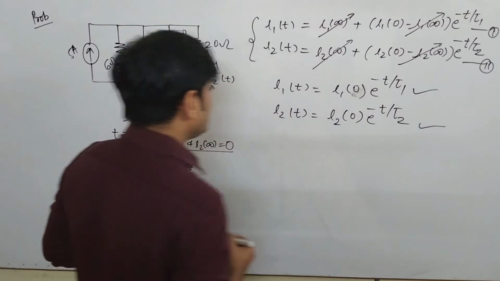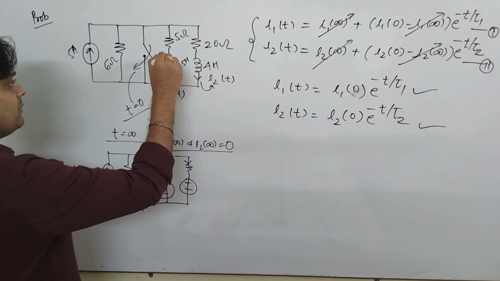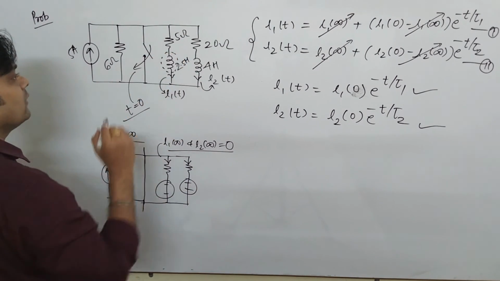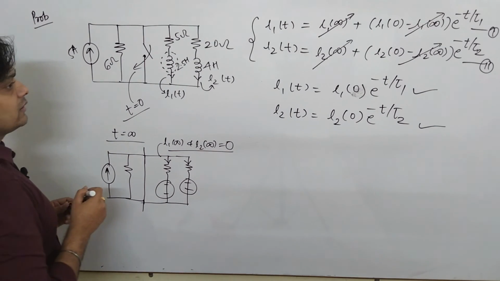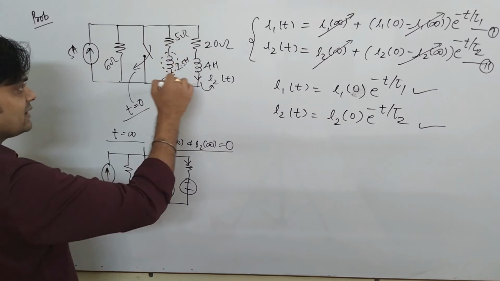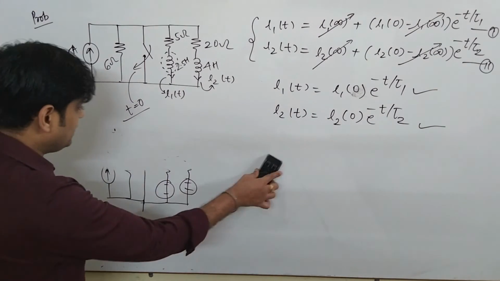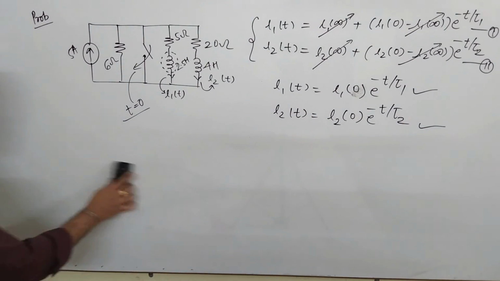Why have I taken tau 1 and tau 2? Because just keep in mind, when multiple inductors are present in the network, the switching mainly depends upon the resistance associated with that inductor. We'll see how we find tau 1 and tau 2, but just keep in mind this is the concept which is applicable, and with the help of that only we will find those values.